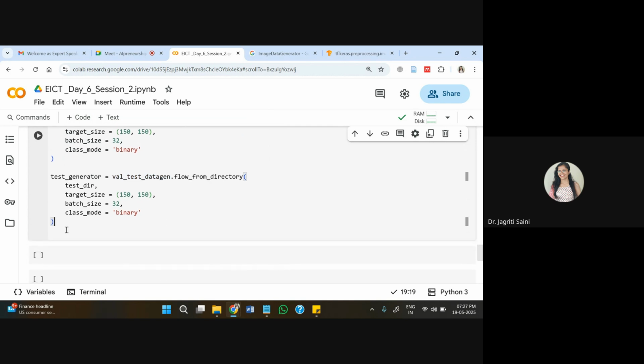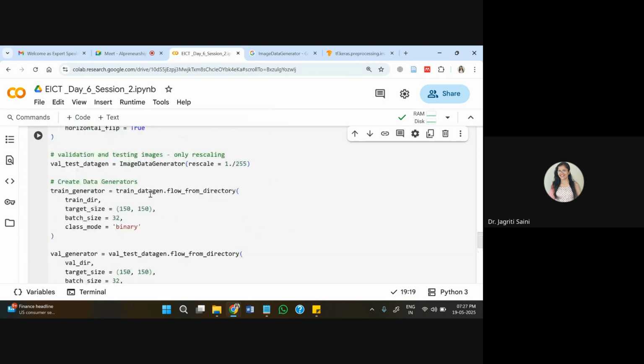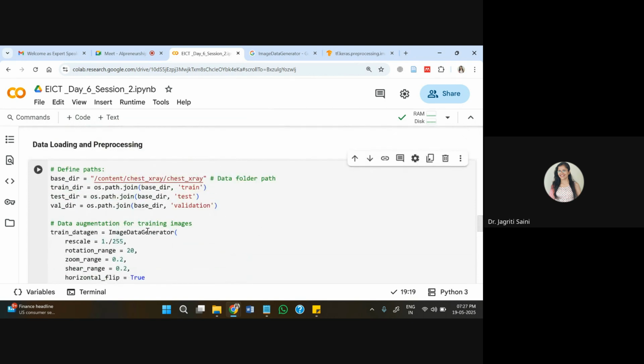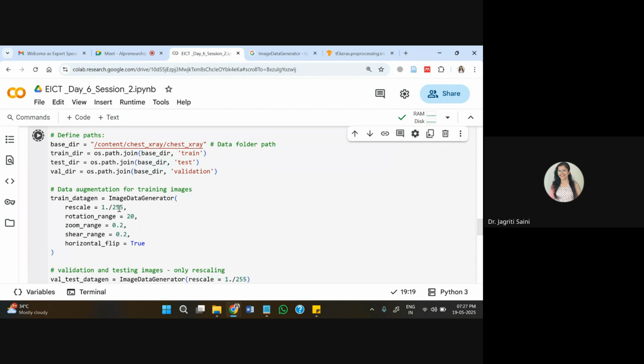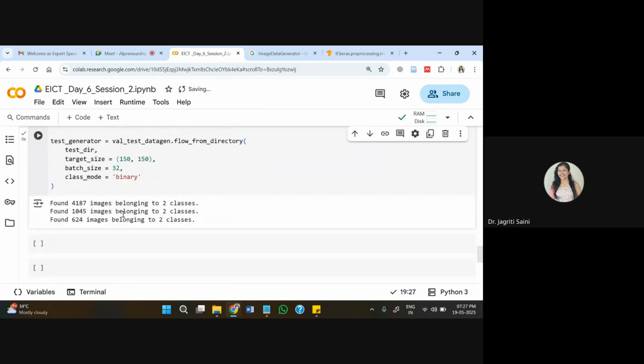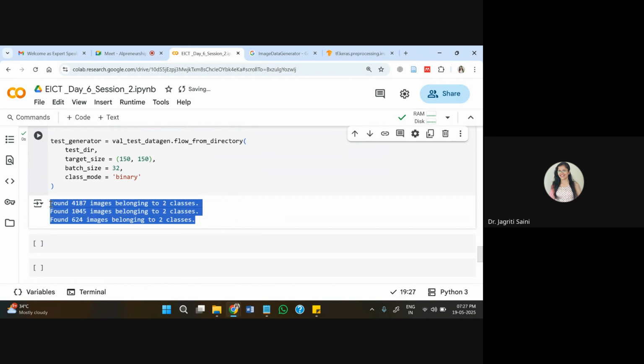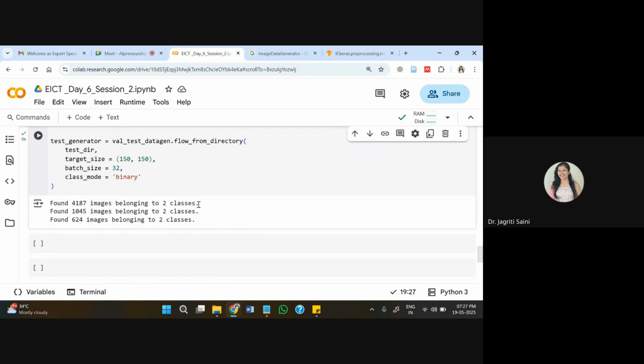Once we are ready with this, it can help us get an outcome on the number of files obtained after augmentation. So now this is the count that we have for each repository. In the training, testing, and validation counts, you can see these sets belonging to two classes.